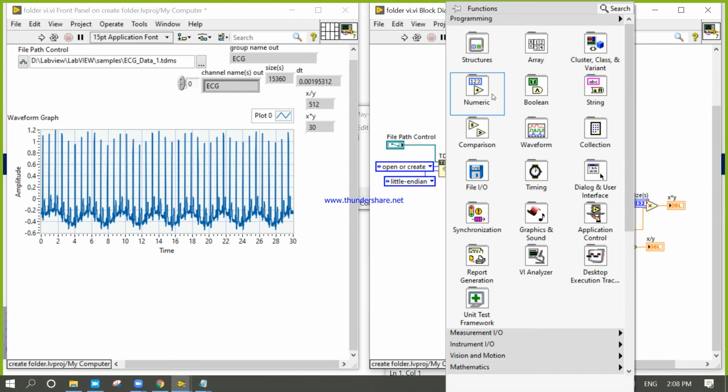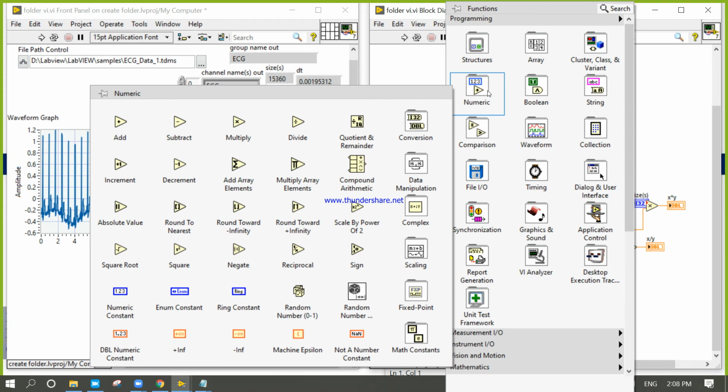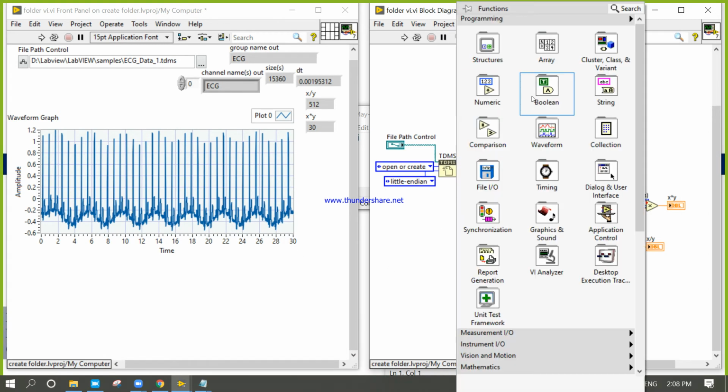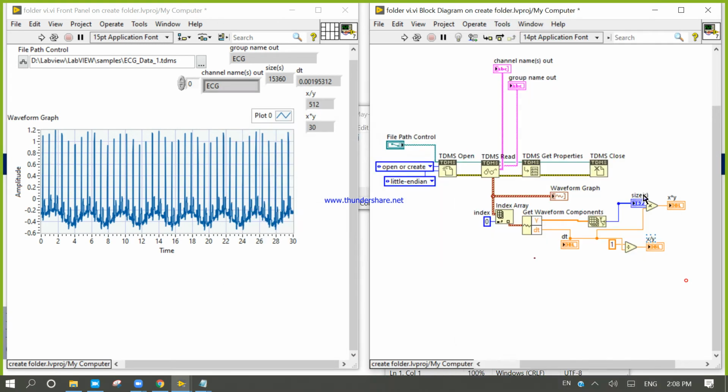Now I will use one, right click, I will take one.